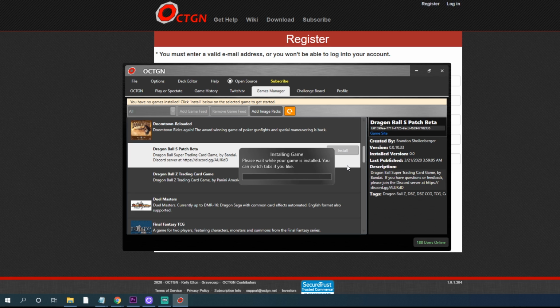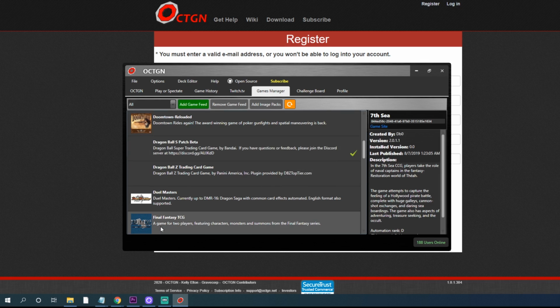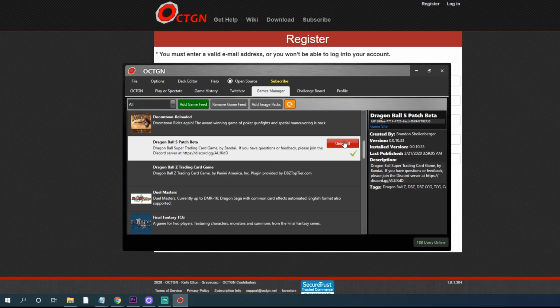This is important because that's going to give you the file to play the game and things like that. If you see Duel Masters here, for example, or Final Fantasy, and you want to watch those games and maybe not just play them, you can't even watch a game unless you install the game first. So we installed Dragon Ball. We can see that it's successful through this little check mark. Now when we click this, we have the option to uninstall,